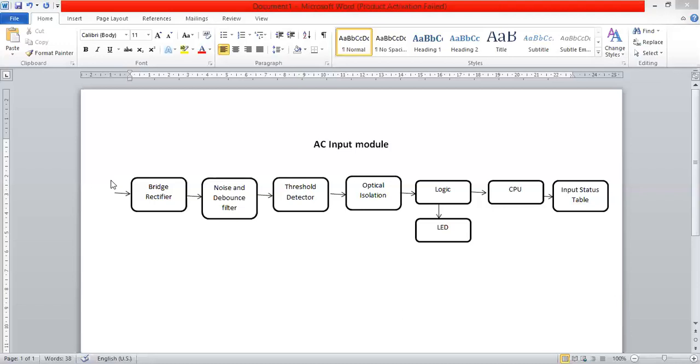So in this way, the AC input module works. So AC inputs are there, and they are converted to the usable form. Then the second type of discrete input module is the DC input module.